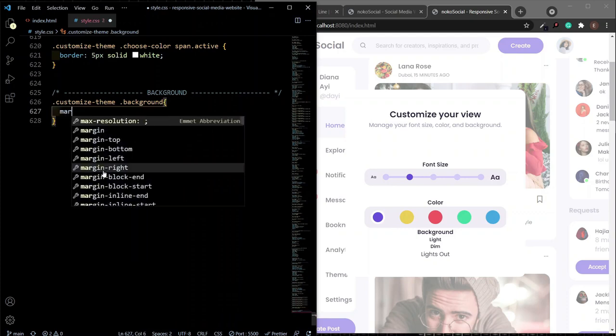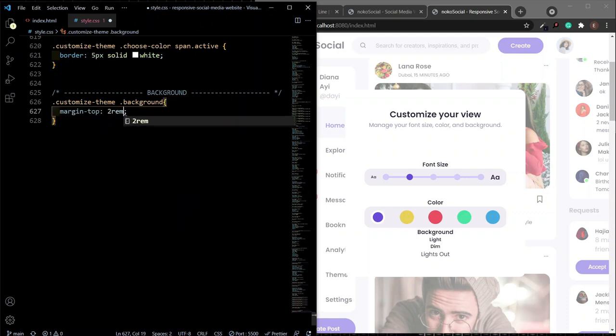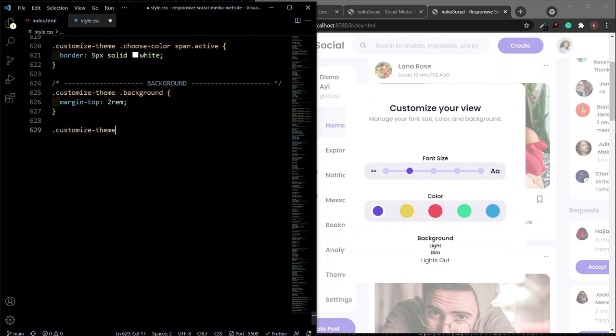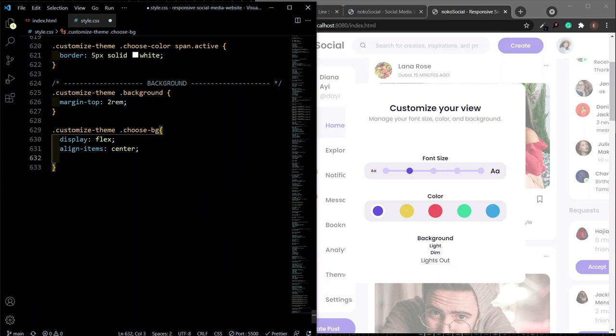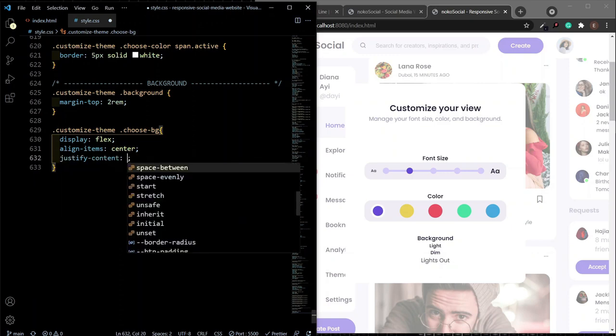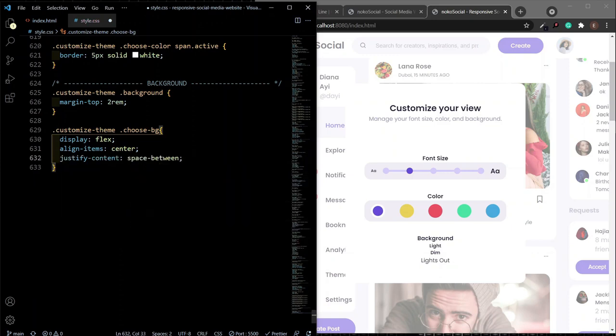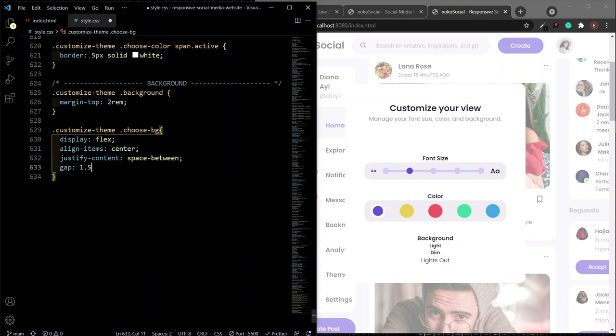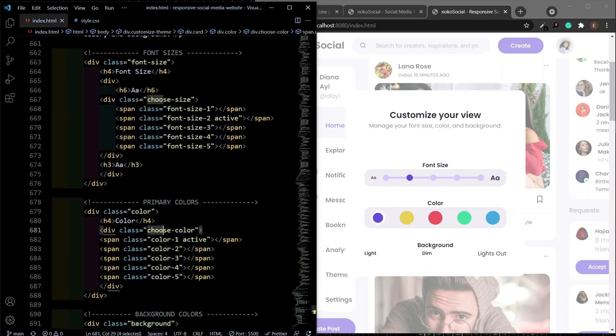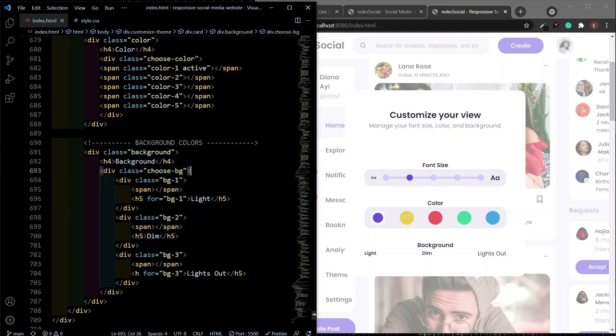Margin top, I'm going to give it a margin top of 2 rem. Choose BG. I'm going to align items to the center, and I'm going to justify content to be space between. Okay, and a gap of 1.5 rem. This right here,